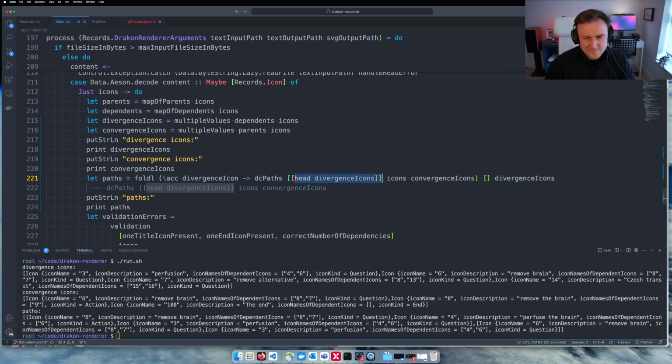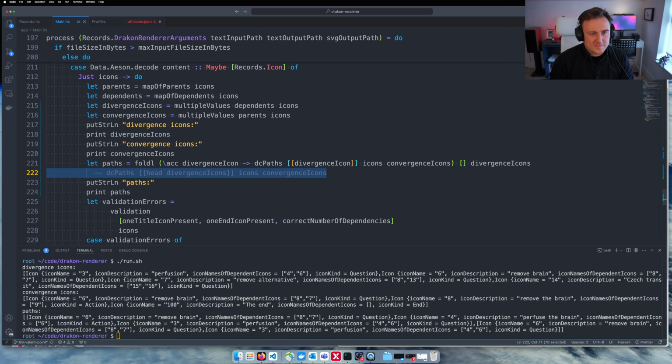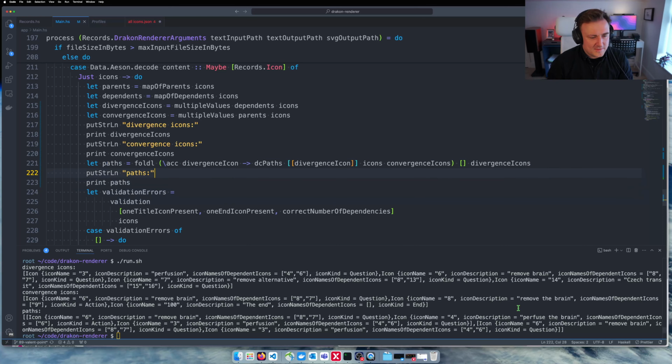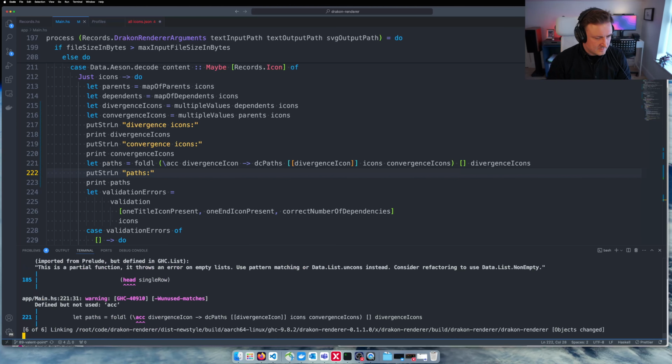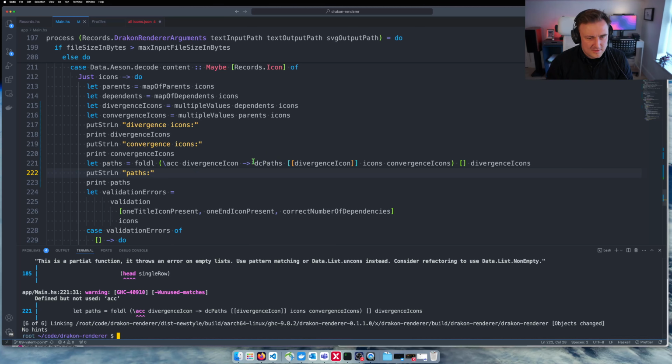So we call this fold. This structure looks weird, but it's that list of lists of paths. And what we can't forget is that the list of lists of paths starts with just one icon. So we represent it like this. This is all icons. This is convergence icons. And let's see if this works fine. Oh, of course. It builds, but it's not correct. So DC paths, we should have